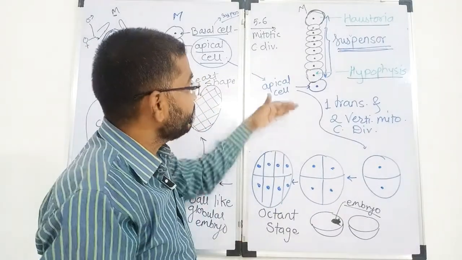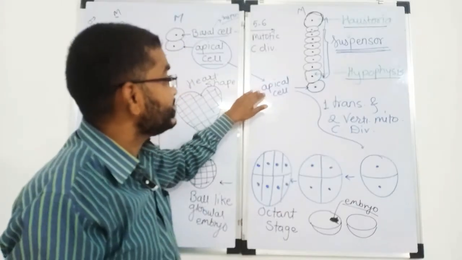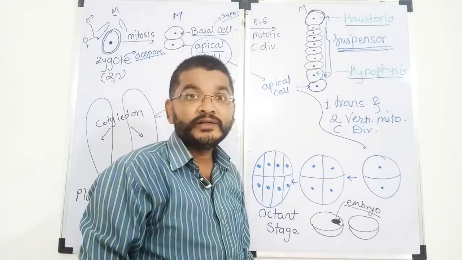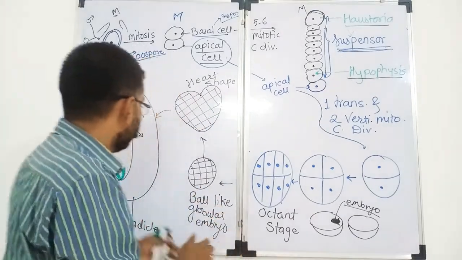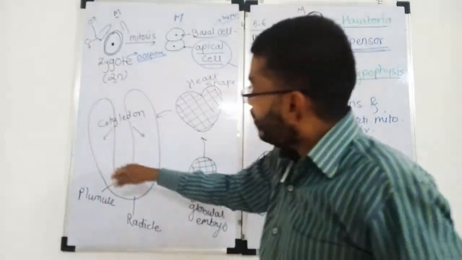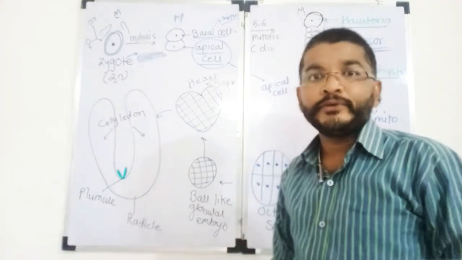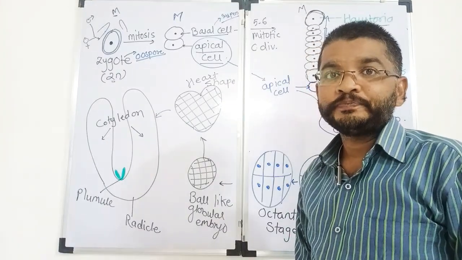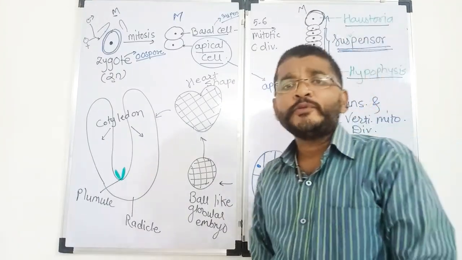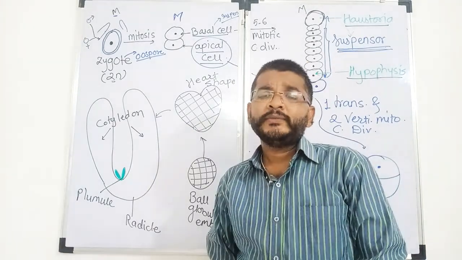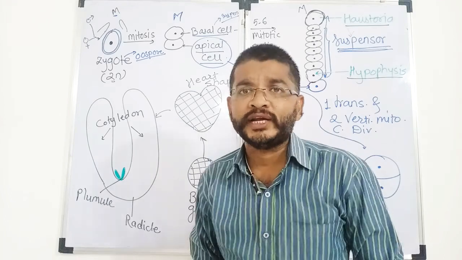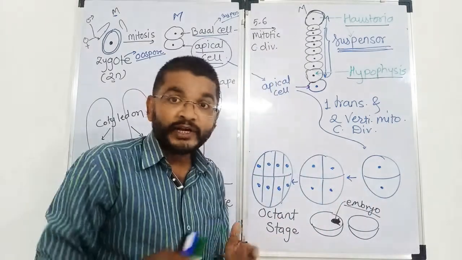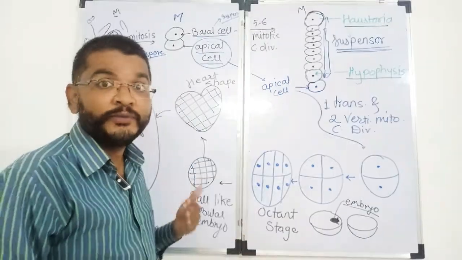Now we are going to study what changes take place inside the apical cell. So how this single apical cell or embryonal cell is going to produce such a horseshoe shaped embryo having two cotyledons in dicot, और अगर वो monocot है तो monocot में embryo कैसे रहेगा? Provided with a single shield shaped cotyledon, that is called as scutellum. So that we are going to study in the remaining part of this topic.